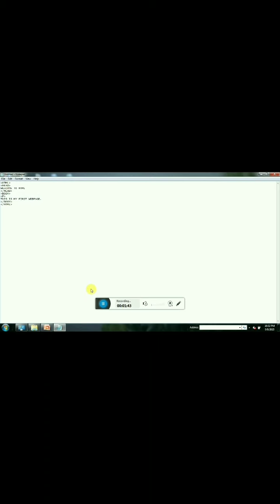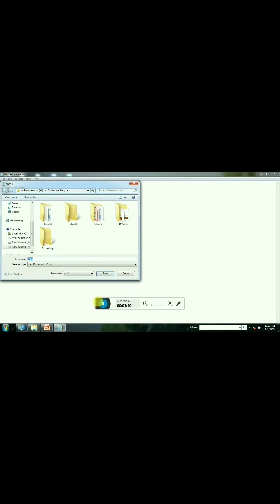Now I will click on file, then click on the save as option. Here I will save my HTML file, right? You can save your file in any location in your computer, wherever you want. Here I will give the name welcome.html.